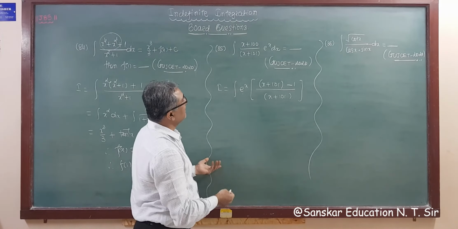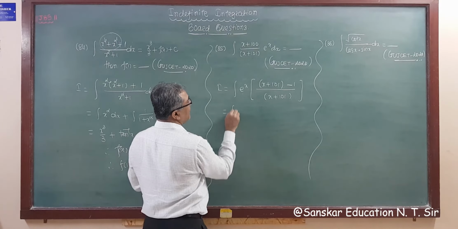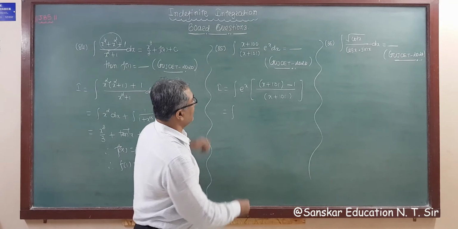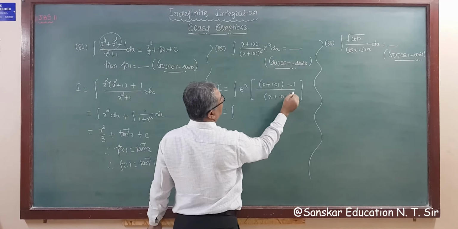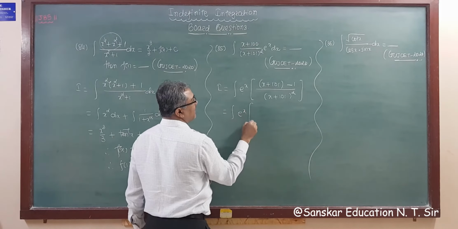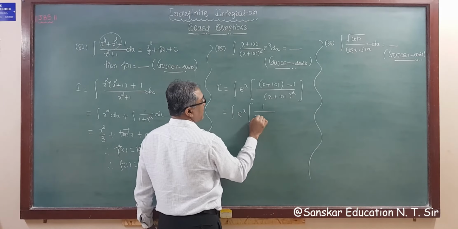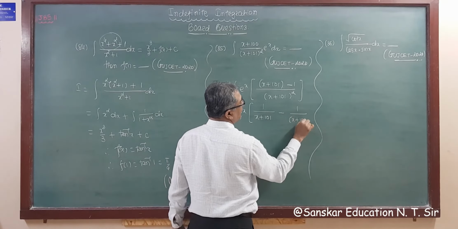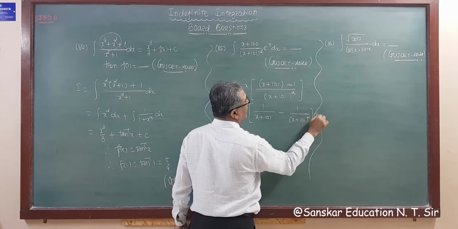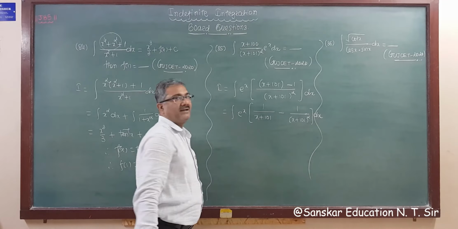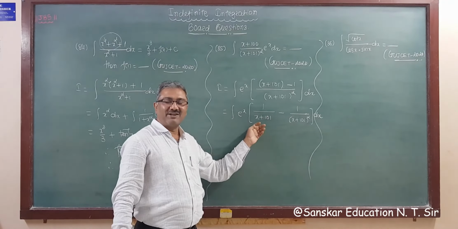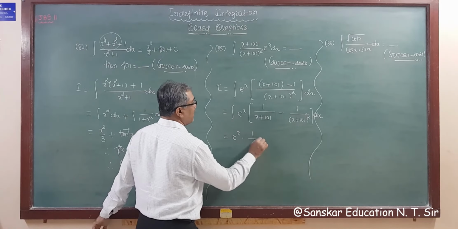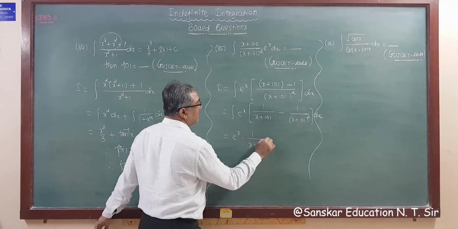So by forgetting this, what do we get? Integration. If we bifurcate this, I think there is a square here. We need a square, right? So after bifurcating, we get e raised to x, 1 upon, 1 cancel. So x plus 101 minus 1 upon x plus 101 whole square and dx. This is required. Fx, f dash x, as you know, derivative has 1 power more in the denominator. So the answer will be e raised to x into 1 upon x plus 101 plus c.